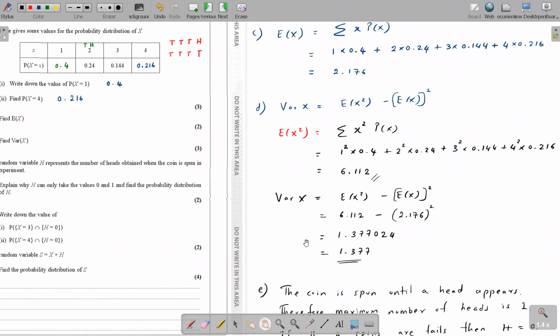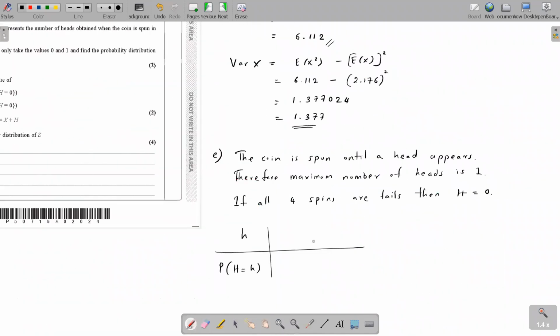So what are the respective h values you have? How many h values are there now? We know that the number of heads can be only either 0 or 1. So can you tell me how to get the probability of 0 heads? How do you get the probability of 0 heads? Children, you all can hear me, right? Can you all hear me, by the way? Yes, teacher, can hear.